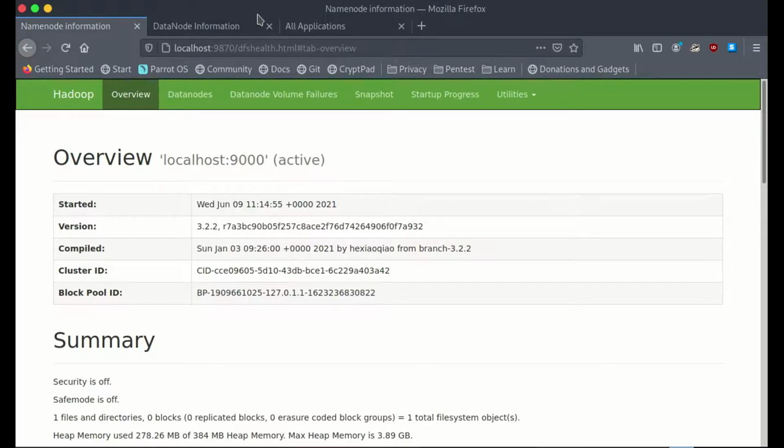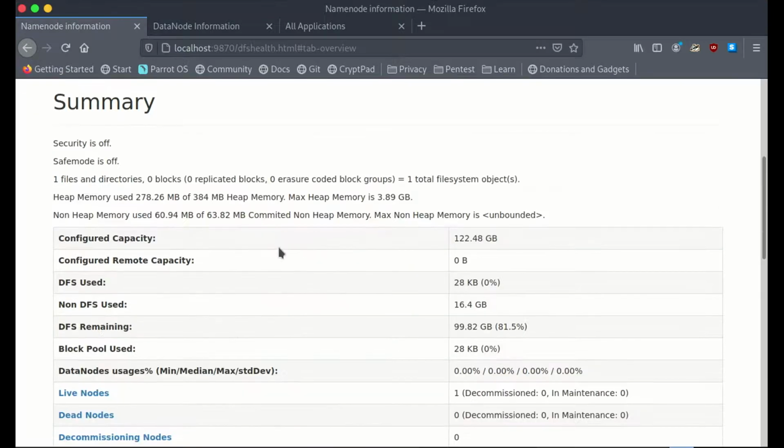If everything has been installed as per the instructions given, you can access your Hadoop user interface from your browser. In order to access your name node, the port number 9870 can be utilized. So localhost:9870 and hit enter. You can see your name node and its summary.